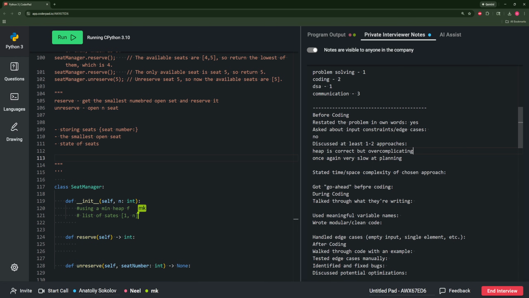And then let's say if I were to check the top of that min heap, I would first check if that state is open, and if it's not open, I would pop it. But then I also have to keep track of all the